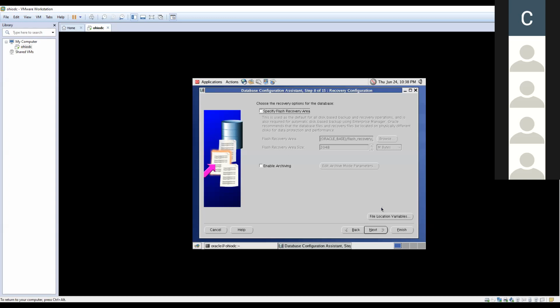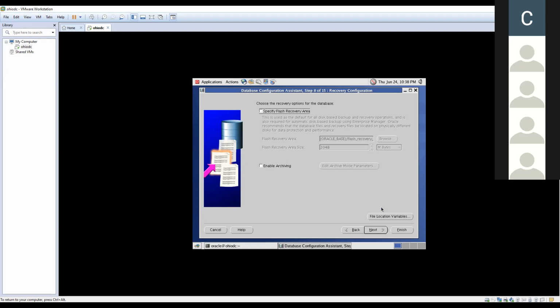The FRA concept is almost the 36th or 37th session. So you have to know what FRA and archiving are. If you just blindly click next, it doesn't make sense for learning database administration. That is why I will not teach the GUI methodology. I only teach the manual method, so that you understand there is something called archiving, and system, sysaux, undo, temp, users, redo 1A, redo 2A data files.